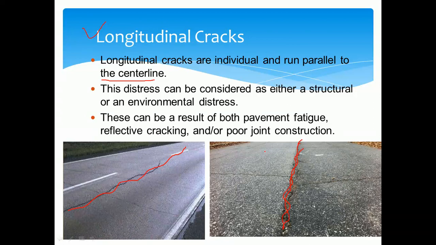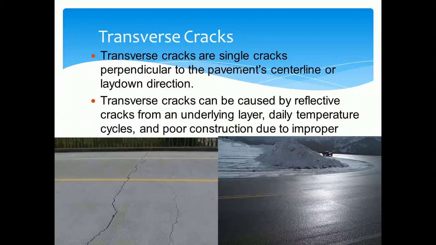And because of poor joints also we can observe this type of cracks in the case of rigid pavement. As we know, we have provided the dowel bars in the rigid pavement. So whenever there are construction joints, improper construction joints also cause this. The rigid pavement we are constructing is panel wise, so there are longitudinal joints and transverse joints also. So because of an improper joint at the time of construction, it leads to the formation of these longitudinal cracks.